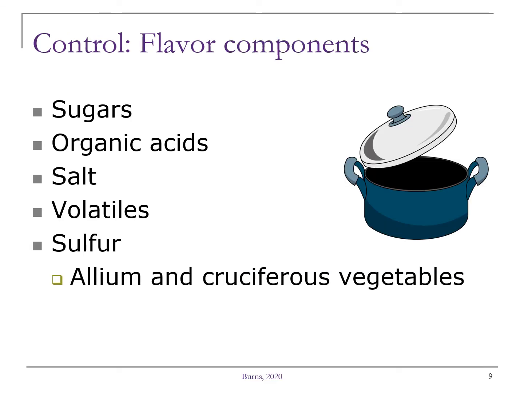Fruits and vegetables contain a variety of sugars that increase in concentration as the fruit and vegetable matures. All fruits and vegetables have some organic acids, with fruits tending to have more than vegetables. Again, the amount varies with the variety and the maturity of the fruit or vegetable. All fruits and vegetables contain a little salt and volatile compounds such as acids and esters and aldehydes, which contribute